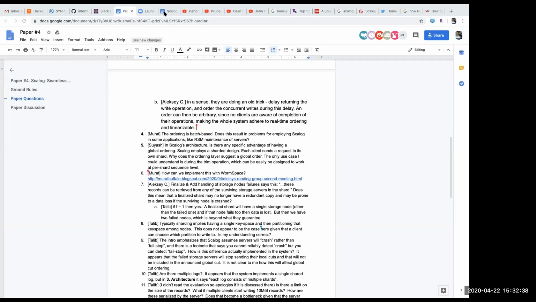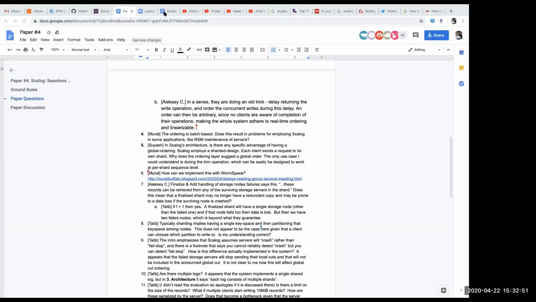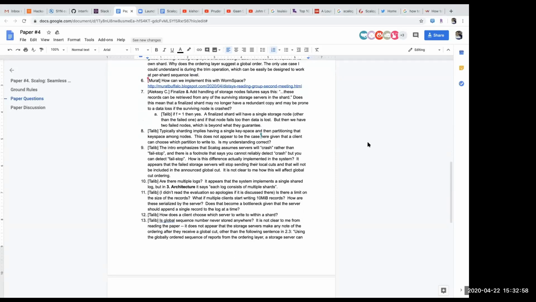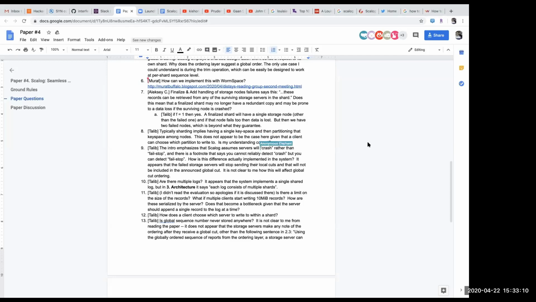And then this brings a bunch of problems with it. What if all clients start reading from one shard or writing to one shard? How do you start doing load balancing and so on? Do you have to do it manually, like users who are using the system have to be conscious of where to write data, where not to write data? That brings a whole can of worms that I don't think they ever discuss. Okay, I think we can skip that one because I think we all agree that this is not your typical